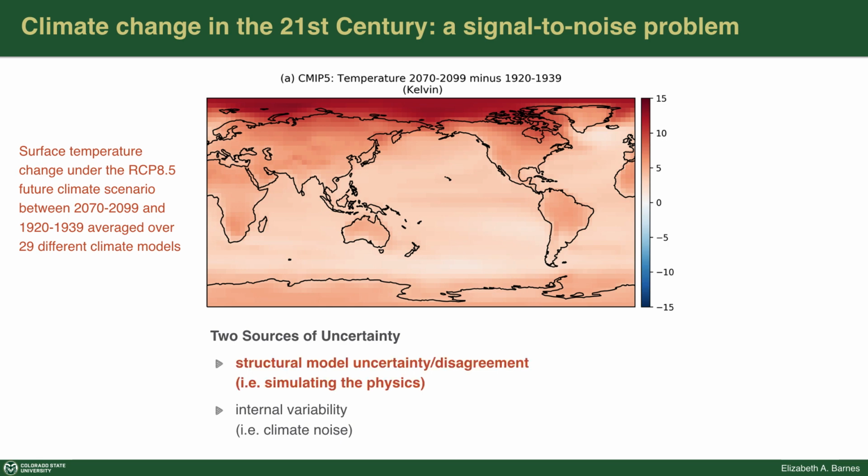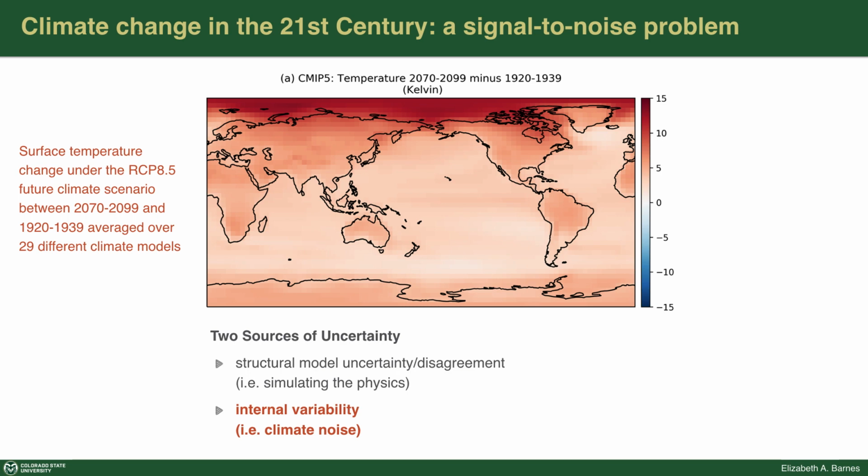In addition, we have another source of uncertainty, which is the idea of internal variability or climate noise. Even if we had nearly perfect models and a nearly perfect understanding about how the future would evolve, we would still have uncertainty from the fact that the climate system is a noisy, chaotic system, and that tiny little perturbations or tiny little errors could lead to huge errors in projections. This is often known as the butterfly effect, if you are familiar with that concept.